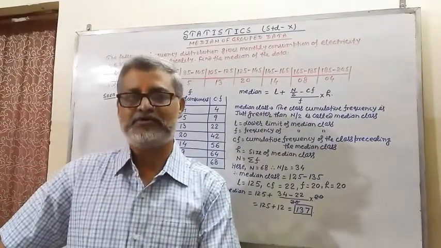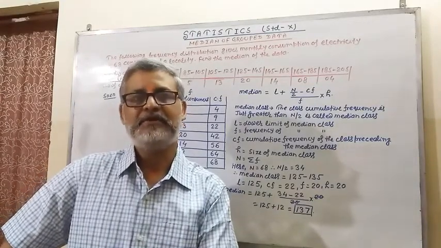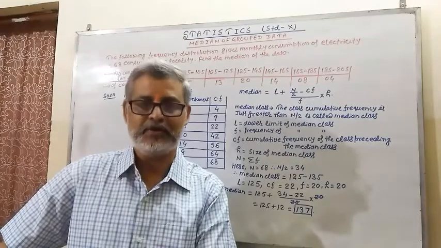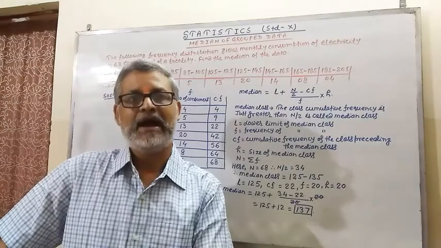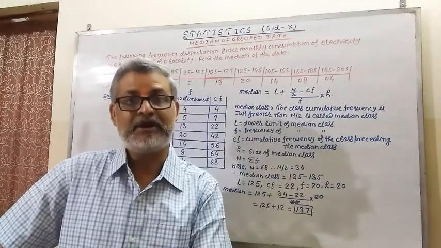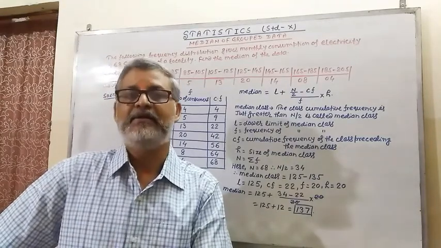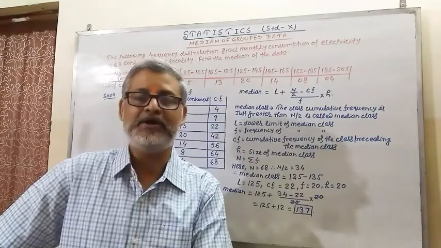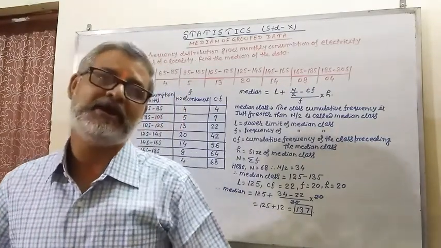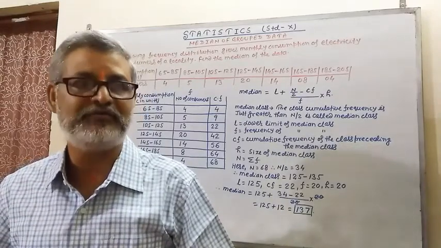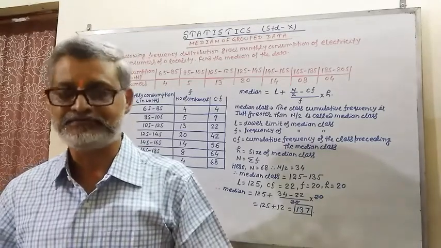There are so many types of questions in median. A direct question is: find the median of this frequency distribution table. Frequency distribution table means class intervals are given and frequencies are given. But remember, if the class intervals are inclusive, then our first work is to convert them into exclusive form. I think the students know how to convert an inclusive class interval to exclusive form; that is also given in standard 9.